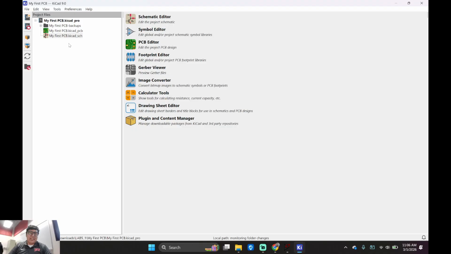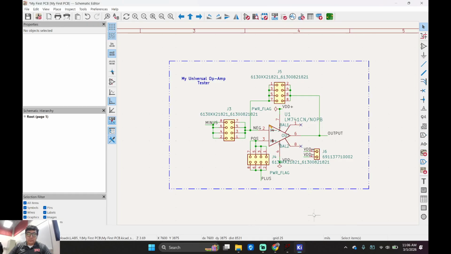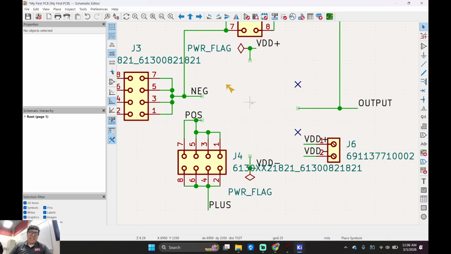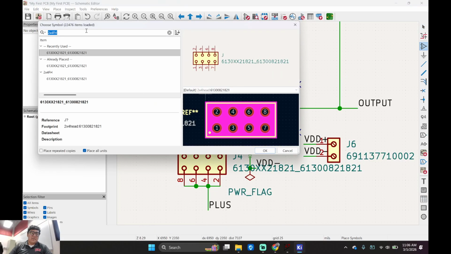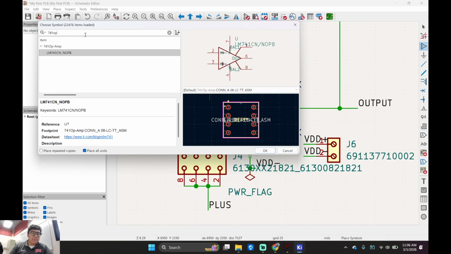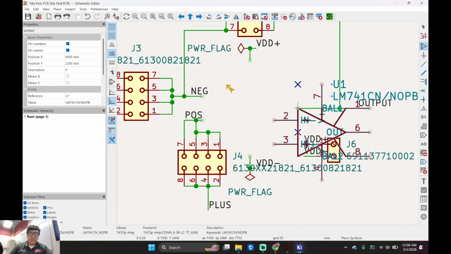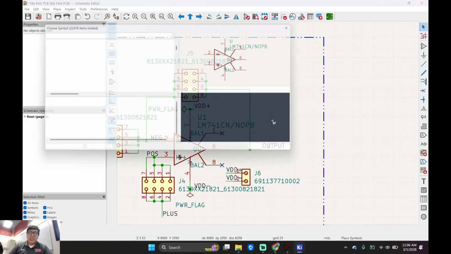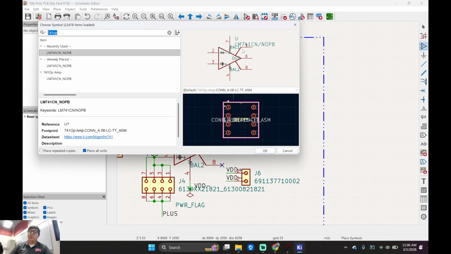Let's go back to our schematic, okay? What am I going to do to this op amp? Delete it. Let's go find it. What was it called? 741 op. Double click. And then let me show you one more important thing. If I press A again, do you notice that the symbol and the footprint are right there? That's to tell you you did it right. Okay?